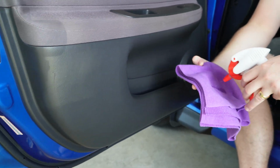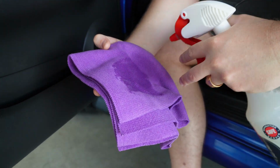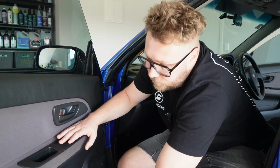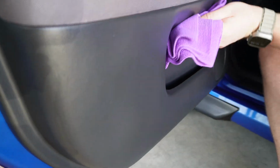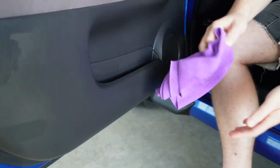Some of these do leave the finish so glossy, really shiny, super glossy, and they also feel real slick. And you can definitely see that you've applied something. So Glenn is absolutely right. You want this to leave a nice matte finish to the surface. You want it to be removed relatively easily. You don't want to have streaking. And at the same time, you are going to have to be a little bit careful about where you're applying it, because...